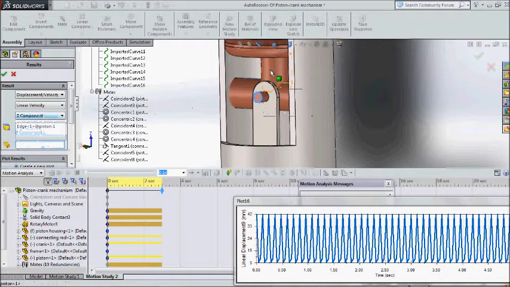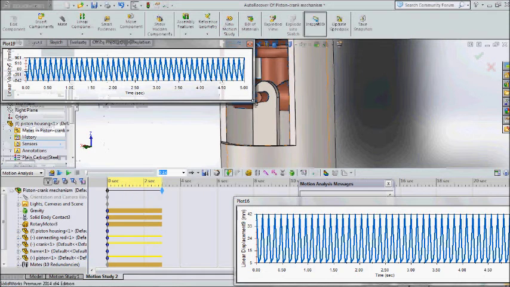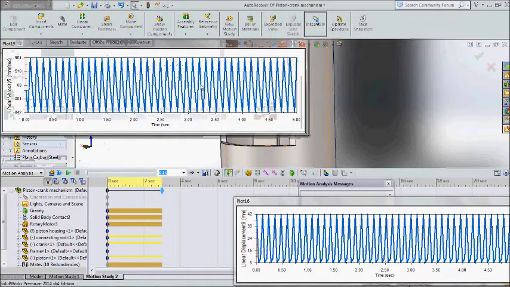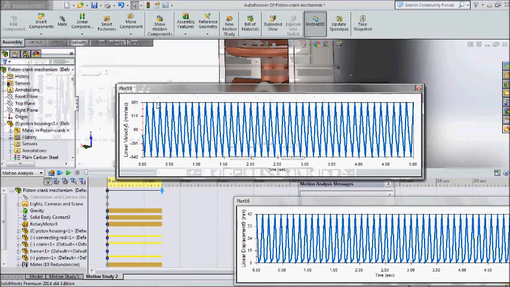Of course, the body is the piston component. Select that, and we get this plot of the velocity of that point within that time